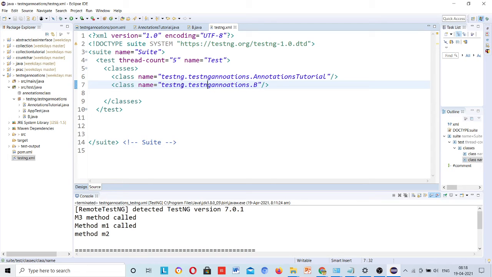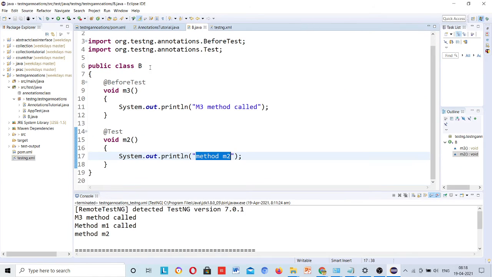So now testng.annotations.b, it will invoke this class, and then it will go here and see any at-the-rate before, sorry, this is already run.